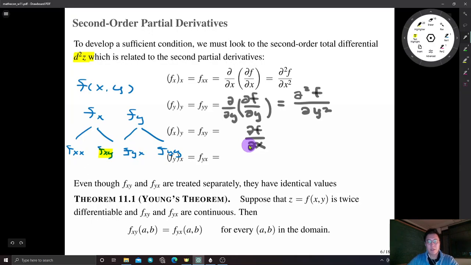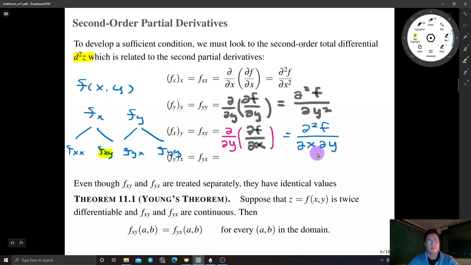So we first take the partial derivative for x, but in the second step, now we change the variable. Now y is the variable, so we take the partial with respect to y. And we obtain the second partial with respect to x and with respect to y. Because we took the partial with respect to x first, this curly dx comes first,